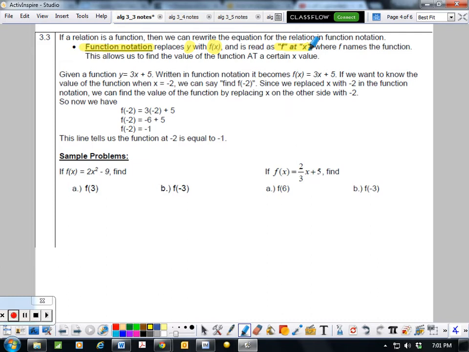So for example, we have this function y equals 3x plus 5. When I write it in function notation, it now becomes f at x equals 3x plus 5. And so you can notice how this y is just being replaced with this f at x. Now, if I want to know what happens when I replace x with -2,